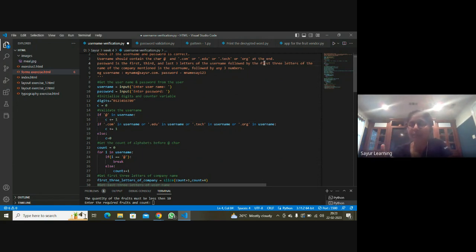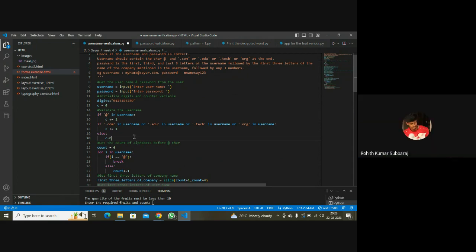That's one step. And then if it is there, what is your next step? Take the username, separate the username, and then from the username, you do the calculation, whatever it says, followed by 3 numbers, whatever your algorithm is. So these are your steps. The first step, what is your plan? If there is no at symbol, what are you going to do?